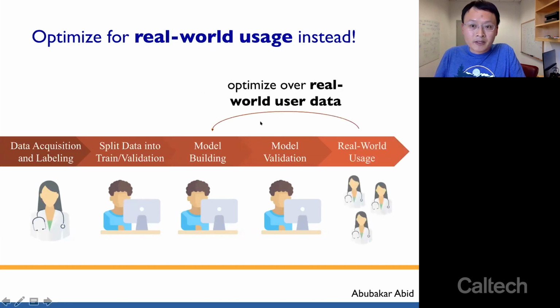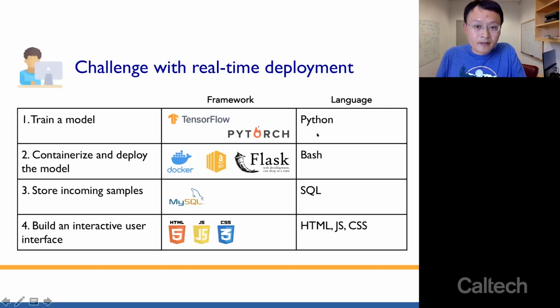We don't really care about optimizing the model's performance for these benchmark data sets. In practice, what we really care about is how well the model works for the real-world usage that I'm interested in. And that is very hard to do, because ideally, during the model development and training stage, I would like to be able to collect real-world data very quickly, but that has a lot of overhead. So if I want to collect real-time data to evaluate my model,